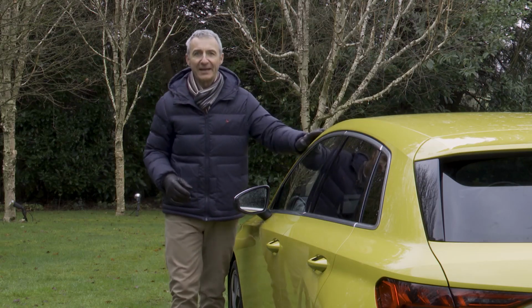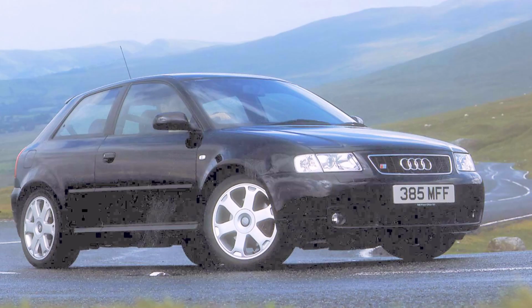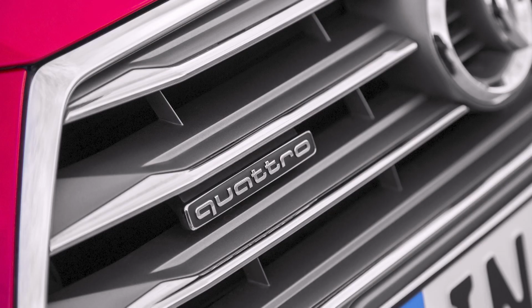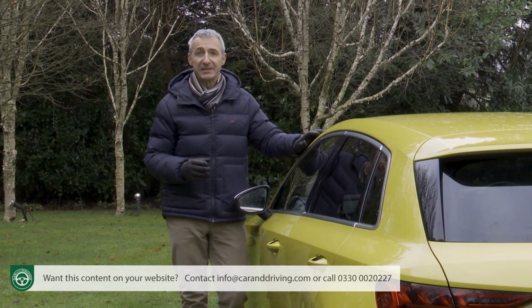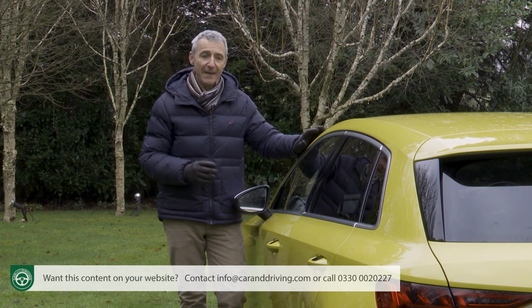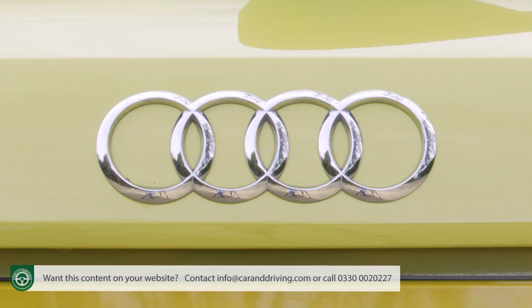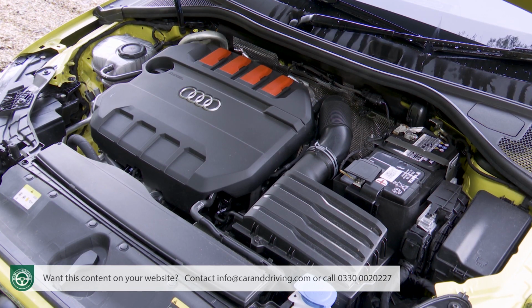We first saw it back in 1999 at a launch that was overshadowed by an Audi TT sports car that shared the S3's quattro 4-wheel drive system and got a slightly pokier version of its 2-litre turbocharged unit. That's a basic mechanical configuration that the German brand has stuck with ever since, but of course power has spiralled